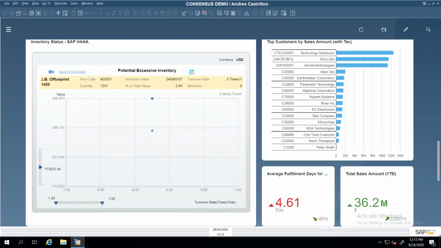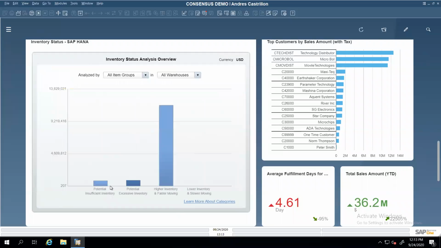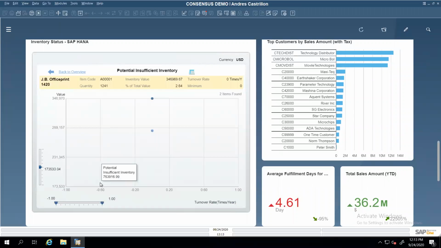If I go back, I could also come here with items that I'm selling quite well, but I don't have enough. So I need to do something with this item. If I move here, I could see pretty quick that this is an item that I'm selling quite well, has some value, but I don't have enough to meet the demand. I might run out of it because I'm rotating the item quite a bit. So I move here, then I see at the top in yellow, this graphic changing.